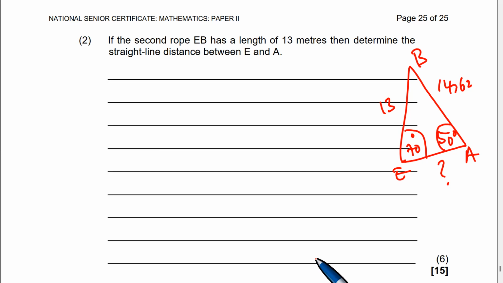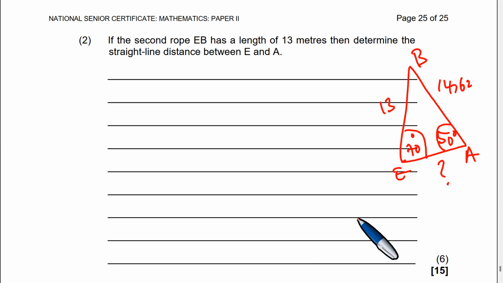You can use any of the rules that we already know at this point because this is very, very obvious. So we want to find EA. How do we find EA at this point? Obviously, we need to find the size of the angle B. What is the size of the angle B? To find the size of the angle B,